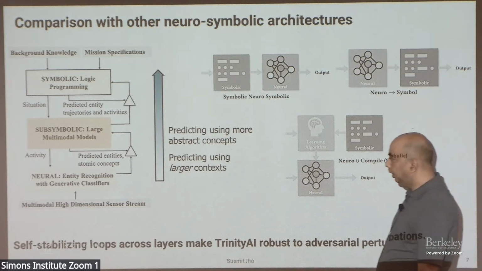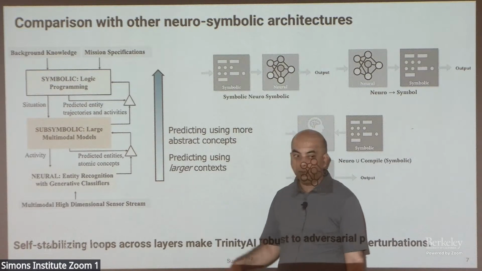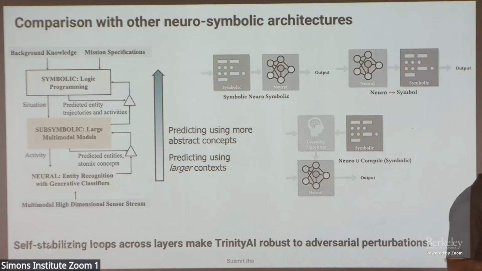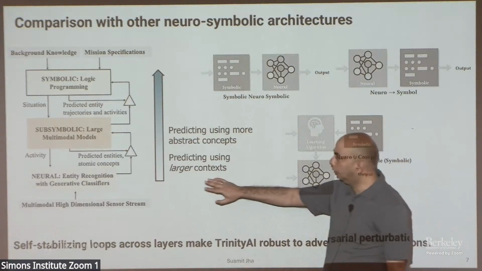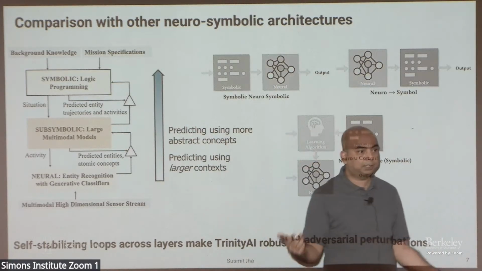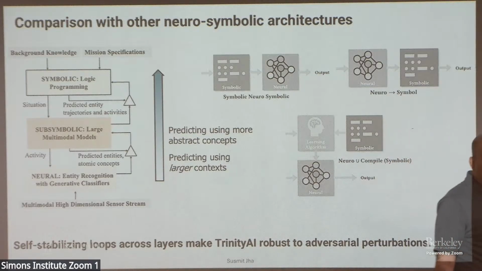Now, that's the inference time architecture, right? When you're learning it, are you learning by combining all of them together, or are you learning them separately and then putting them together? Currently, we have these learned separately. The uncertainty quantification that I presented has to be done jointly, so you need to be able to calibrate the whole system together.